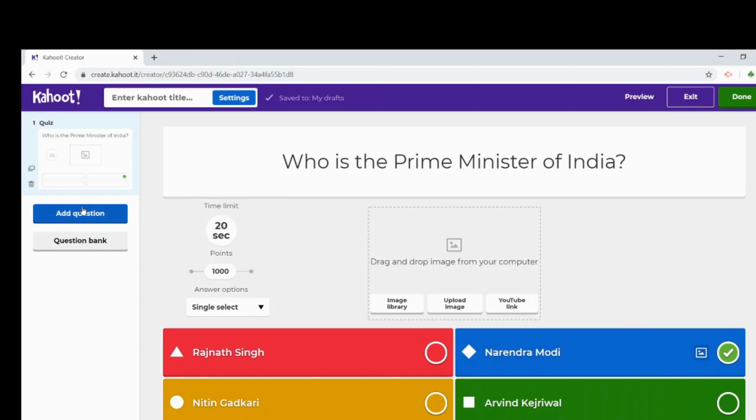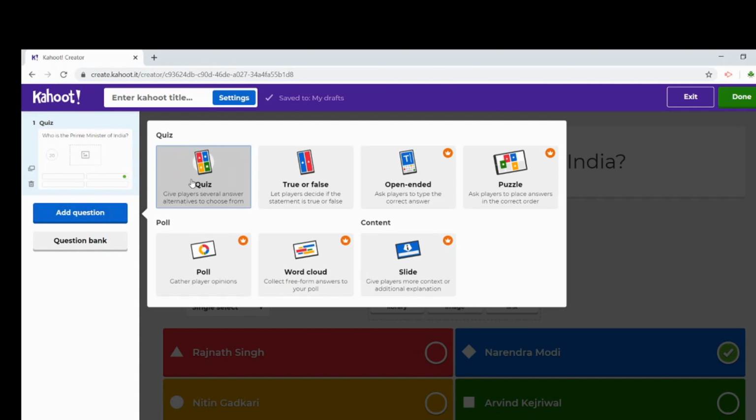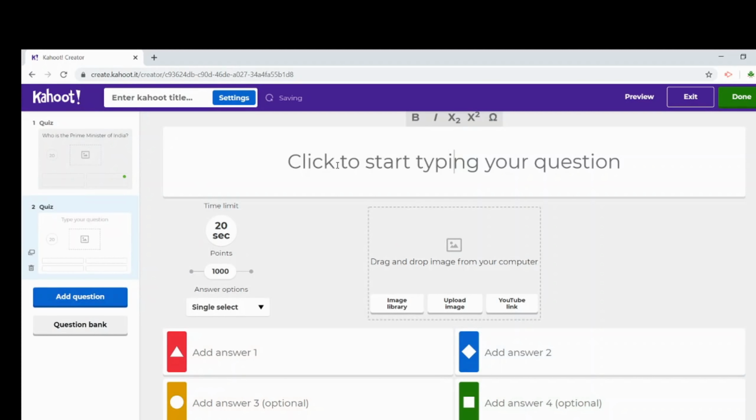Then go to the add question section, or you can download from the question bank also. Add question, then another question. Type here the second question of the quiz. The capital of Maharashtra is.